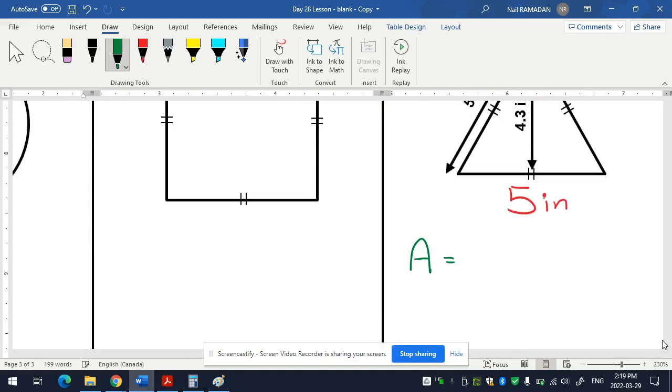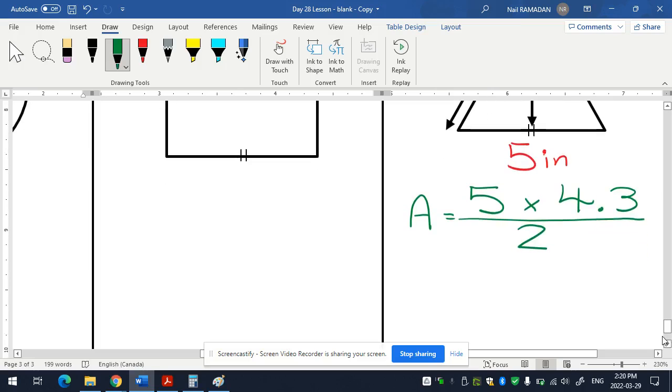But what's the first thing? Base times height, all divided by 2. How much is 5 times 4.3? It's 21 point half, yes, or 21 and a half. Thank you. So equals